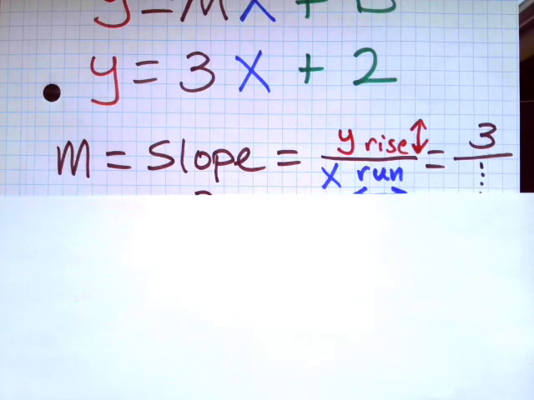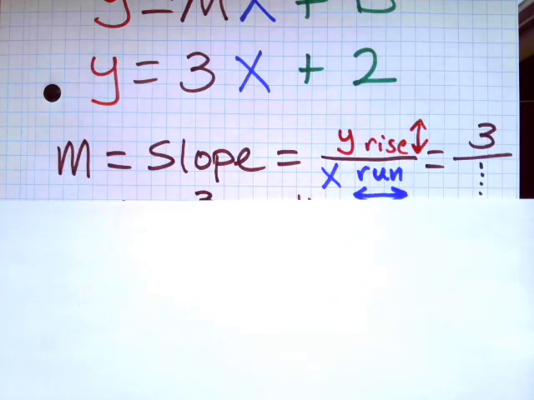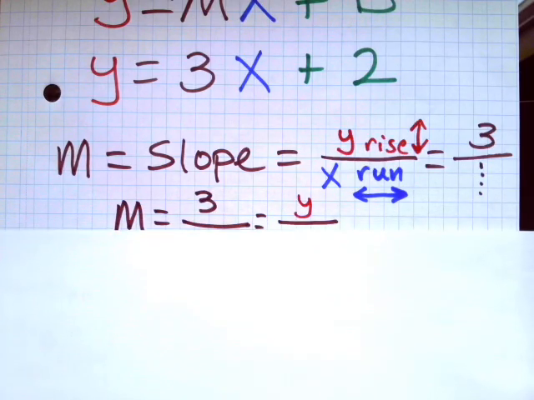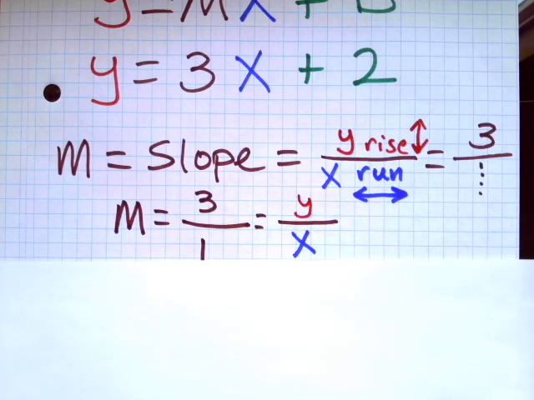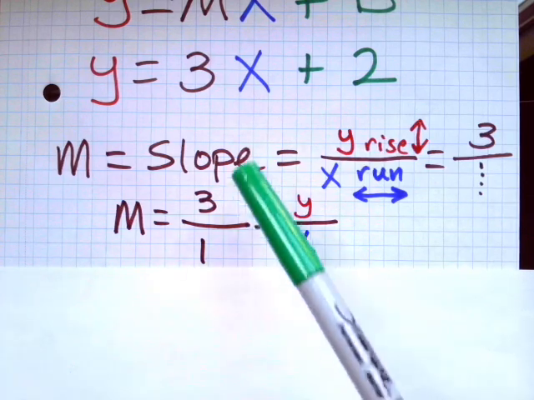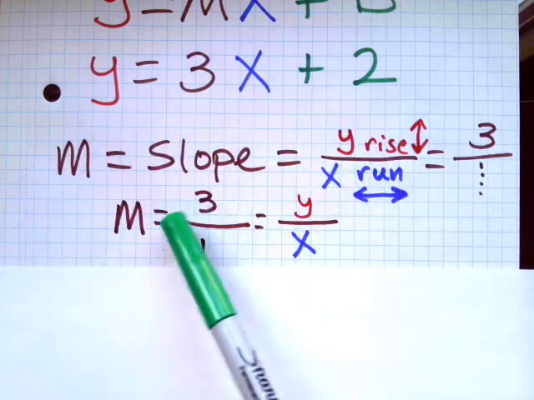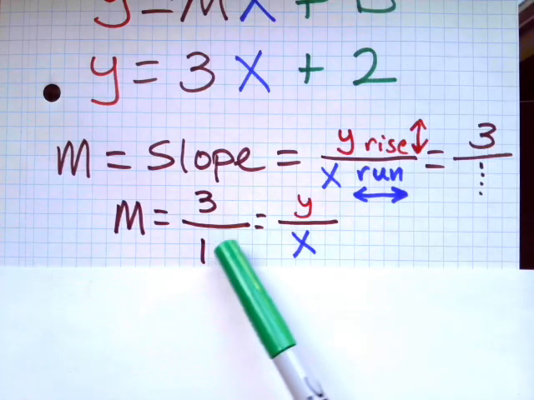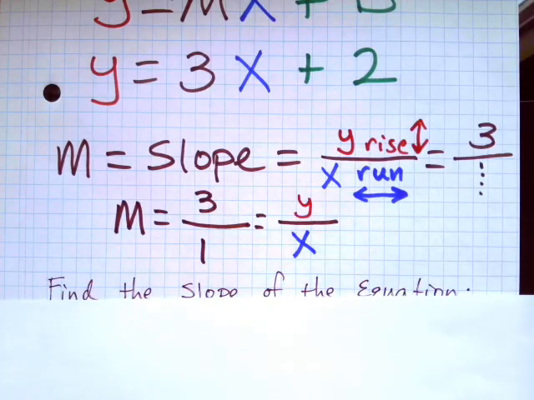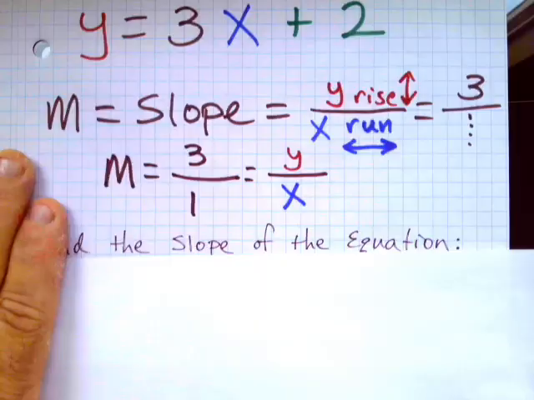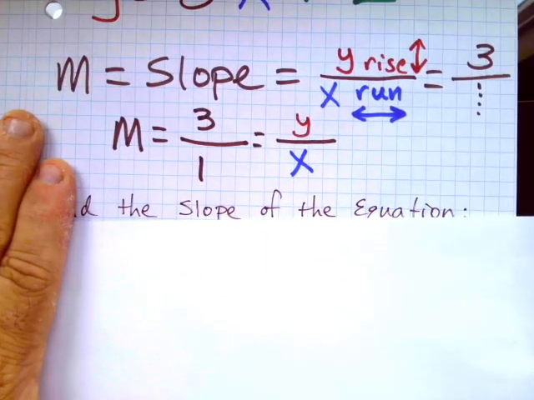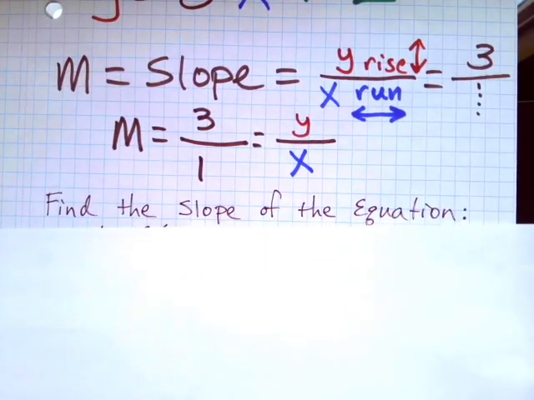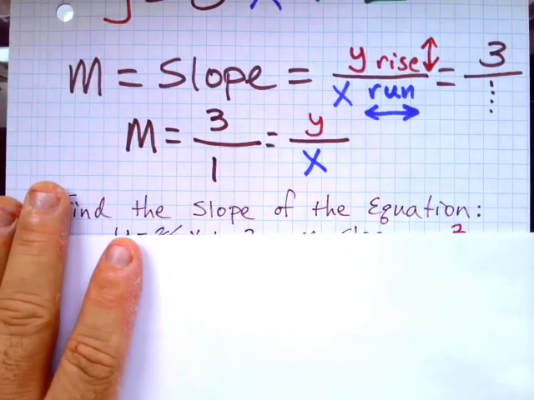If you're unfamiliar concerning invisible 1s, go ahead and take a look at my other videos that I've created titled Invisible 1s. That will clarify a lot of things for you. So again, the slope, based upon this equation, my m value is 3 over 1, y over x. Okay, and so continuing on, when you find the slope of the equation,